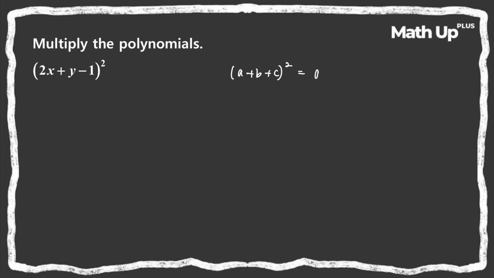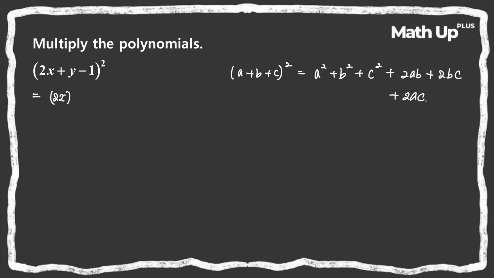So that is a squared plus b squared plus c squared plus 2 times the first two terms, plus 2 times the next two terms, plus 2 times the first and third terms. So plus 2ab plus 2bc plus 2ac. That's the formula, right? So this trinomial is equal to